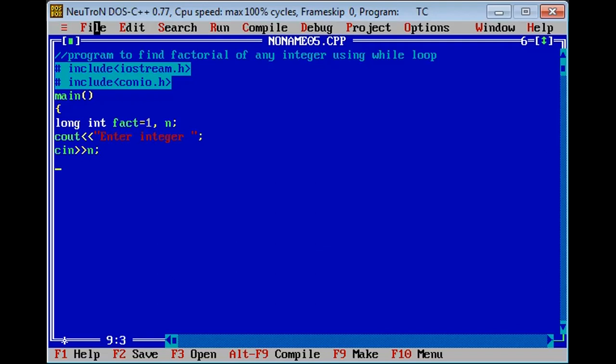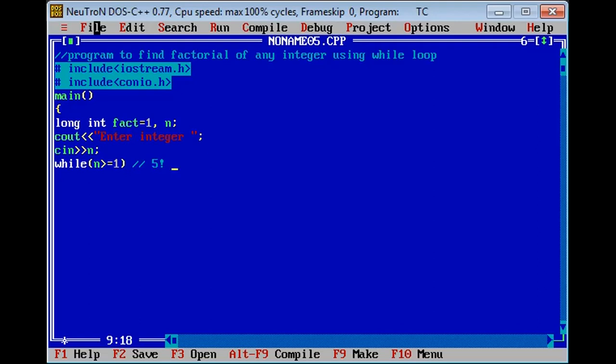Now let's apply the while loop condition. While n is greater than or equal to 1. So this loop will execute until the integer is greater than or equal to 1. To understand that, consider, for example, that you have to find the factorial of 5.